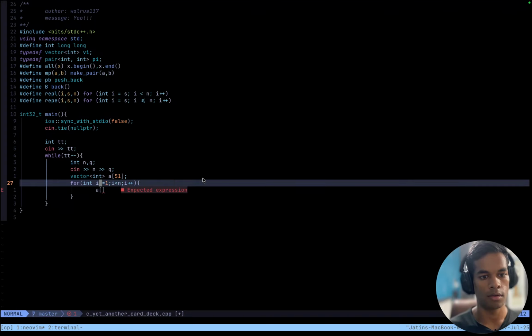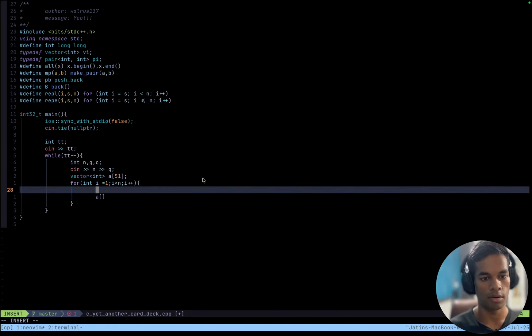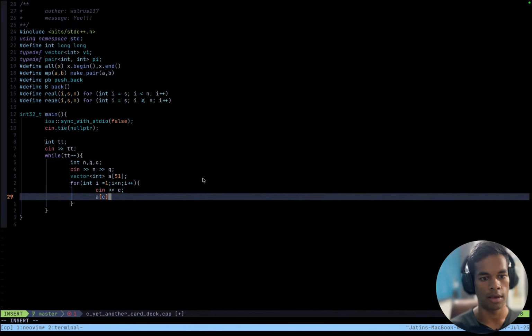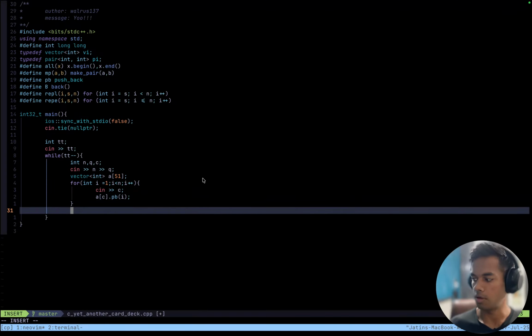Then see the current number, c, and a[c].push_back(i), right.